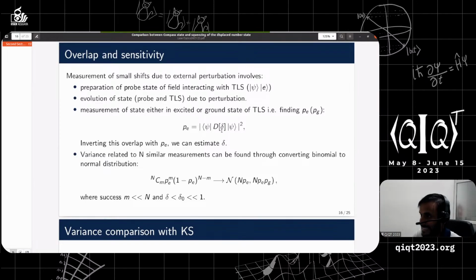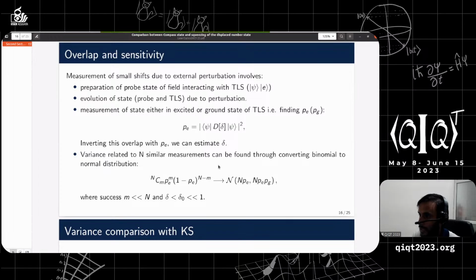So this delta can be found by reversing this formula. Once we know PE from this experiment, then we will have the delta value. In the estimation of this delta value, there is a variance associated with the measurement of the small fluctuation. This variance is also calculated by the formula of the conversion of binomial probability to the normal distribution. So if we have n measurements of the two-level atom after interaction with the cavity field,